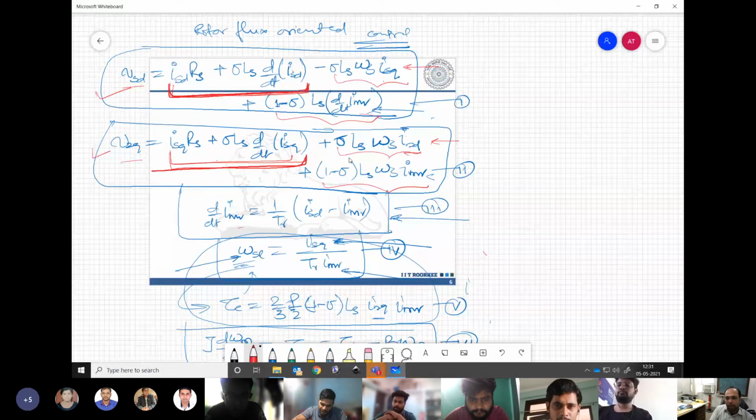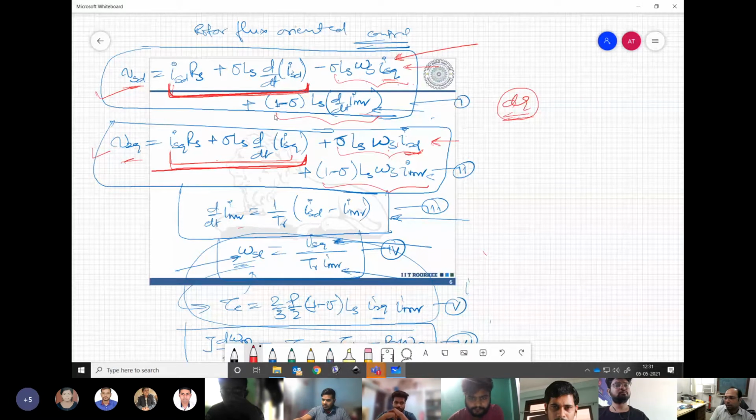The third term is coming because of DQ coupling. So the D axis voltage is seeing Q axis current, and Q axis voltage is seeing D axis current. This is coupling on account of DQ. Understanding my point? Whenever we have transformation to a synchronously revolving DQ reference frame, this coupling will appear. So this we cannot do anything about. This is a non-linear term for us.